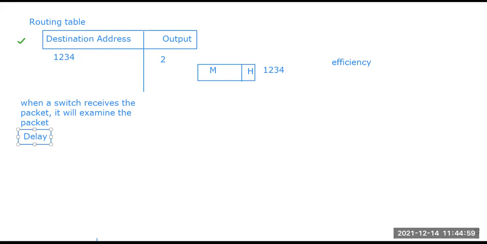And why is that delay happening? Because every packet that arrives must face a wait before it is forwarded. The packet reaches the device and then waits there for some time to be examined, to examine the destination address of the packet from the header and find the corresponding output. All of this needs to be found or calculated through the routing table. So that's where things become a little bit late.